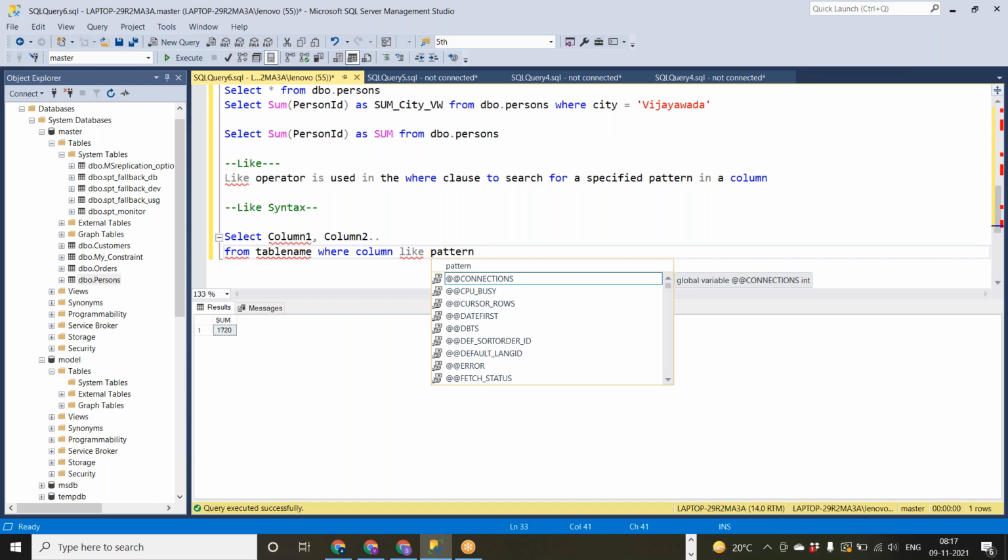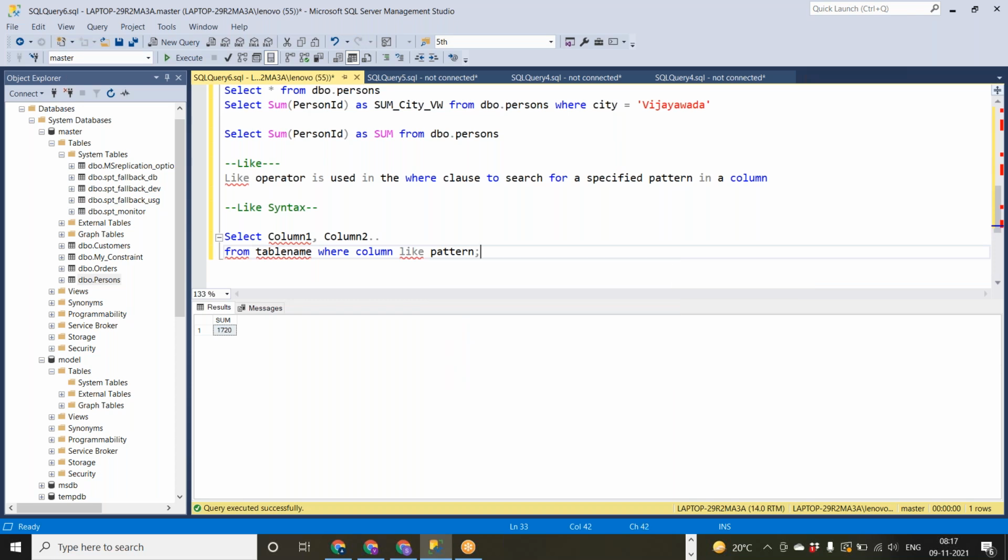The first letter is the character K, and the next letters can be anything. I'll tell you what that anything means.